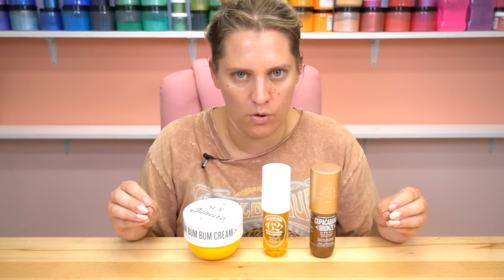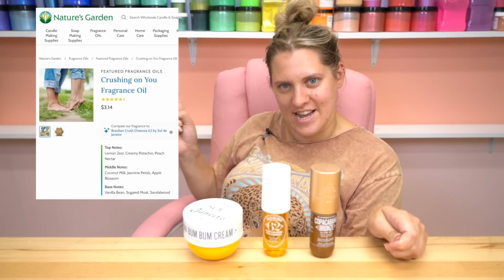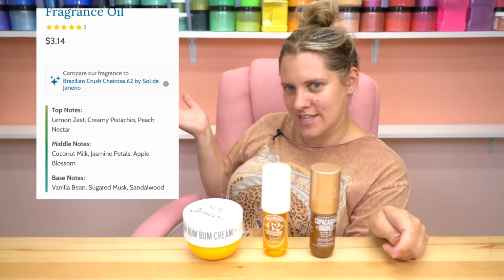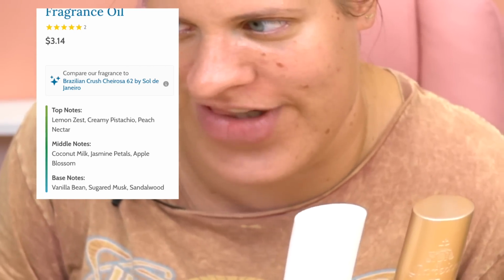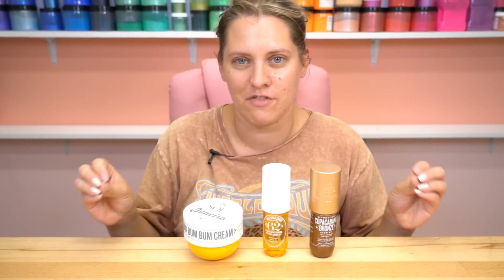absolutely delightful. So when Nature's Garden dropped this little beauty right here and said, compare ours to Sol de Janeiro's CHEIROSA 62, I was like, give me that. Give me that in a big fat bottle. That fragrance inspired this entire collection, and I actually asked you guys on Instagram some of your favorite fragrances from